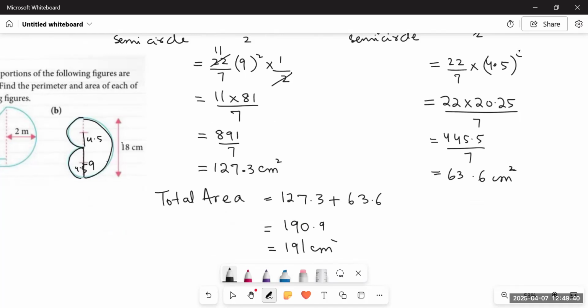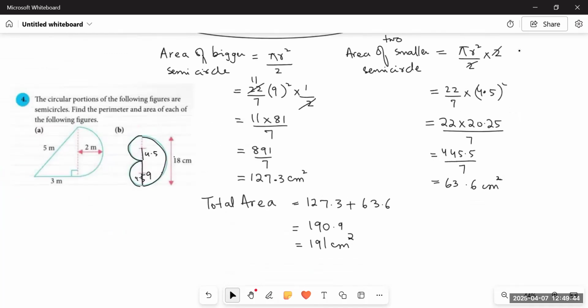This is how we have to do these type of questions. So if you find it difficult, just practice these type of questions again and again, so that you will get a grip over such type of questions. All we need to do is memorize the formulas and their applications, that is, how we have to apply these type of formulas in this question. So for now, we have completed question number 4.